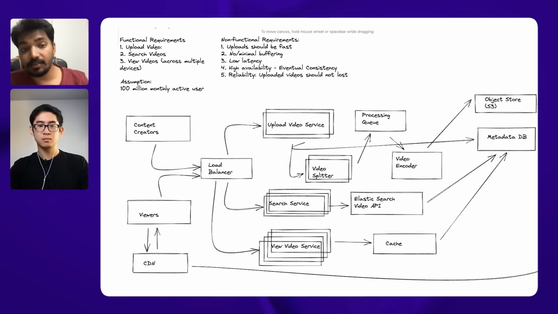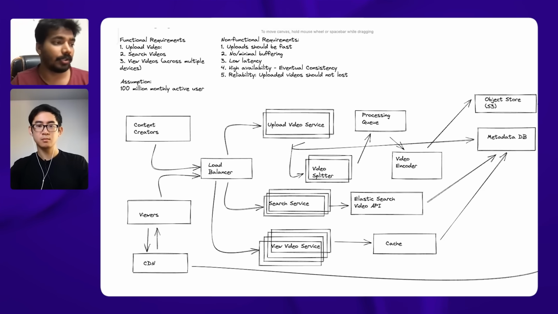This does increase our system cost because obviously we are looking at a very heavy file storage service or CDN component here. But that's a trade-off I'm willing to make, primarily because I'm trying to reduce buffering, the no-buffer criteria we agreed upon as part of our non-functional requirements, and also high availability. This is where the trade-off of non-functional point number 4, high availability and eventual consistency, becomes clear, because I'm pushing my videos from the object